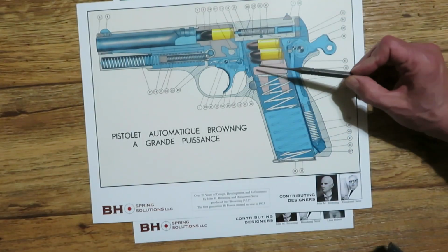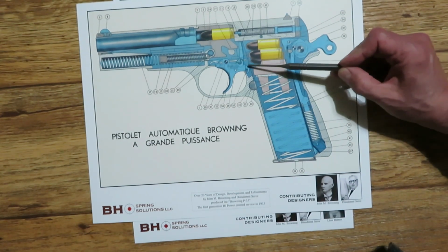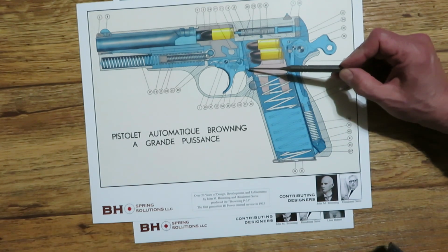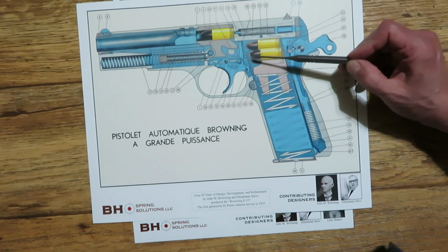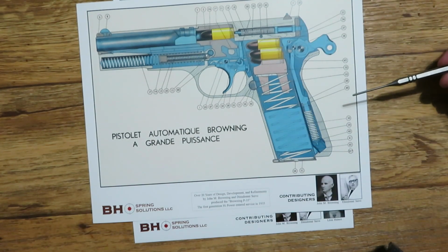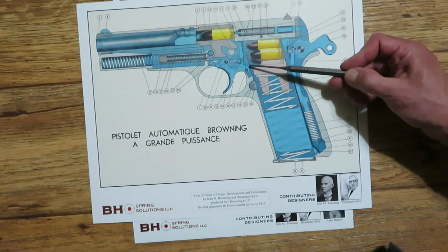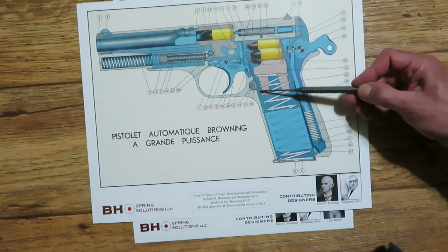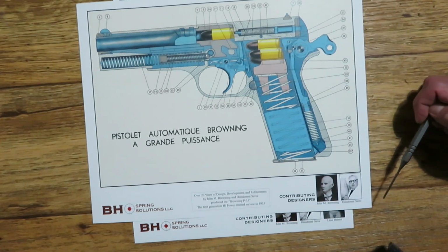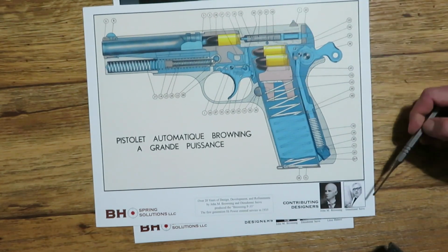Another thing I wanted to point out here, this is always of some interest to folks. This really shows you exactly the layout of the magazine disconnect device. We'll talk more in depth about that, but most everything on this looks very symmetrical, and then you get to these opposing angles of the magazine disconnect and the face of the magazine, and you start to get the idea that that was an afterthought, done after the fact. To Dieudonné Saive's credit,